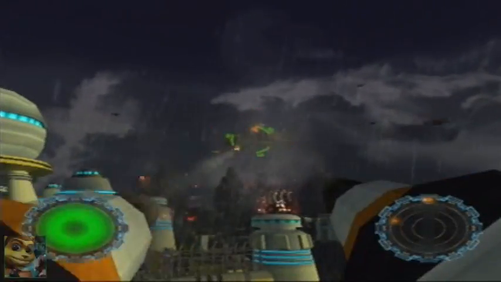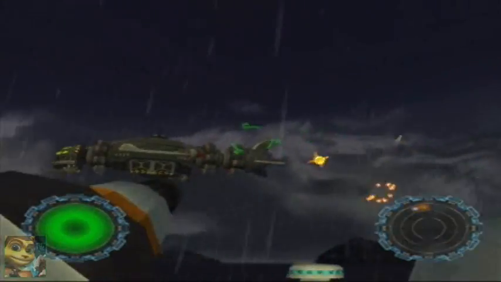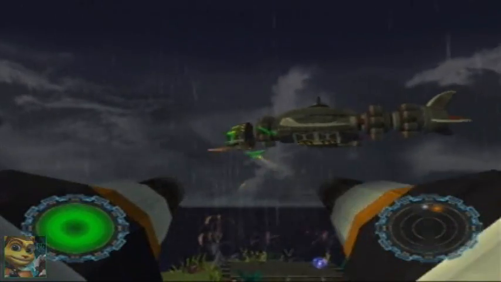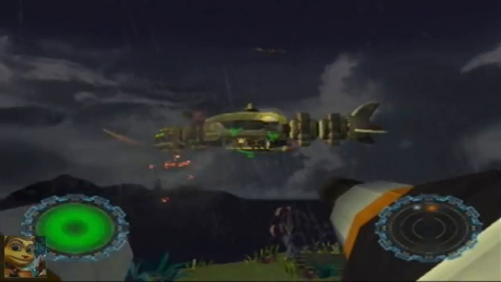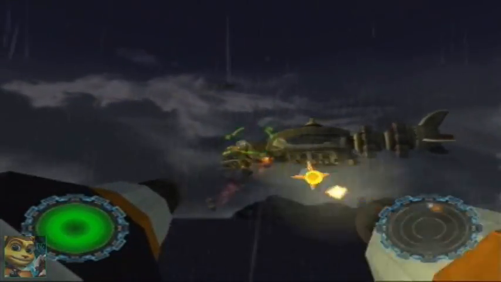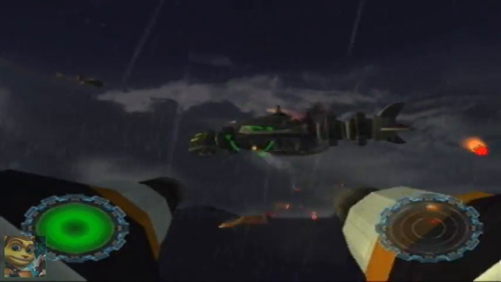I'm mostly just going for this strategy of holding the circle button and shooting and destroying the projectiles and whatnot. And speaking of projectiles, where is this projectile? There it is. It was behind him. But I always manage to get that skill point because I just keep shooting and the things just appear right in front of me. So, yeah. Whoever was driving this...